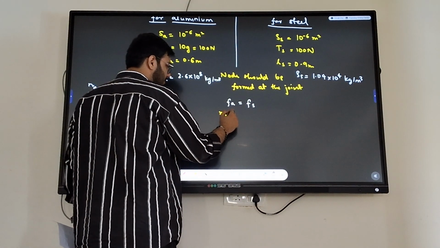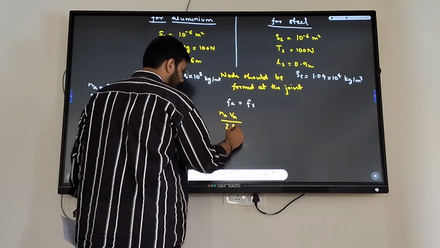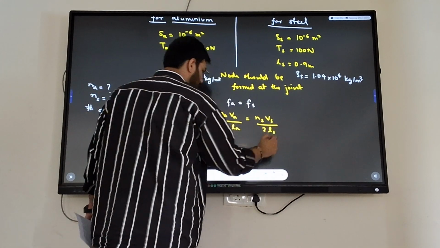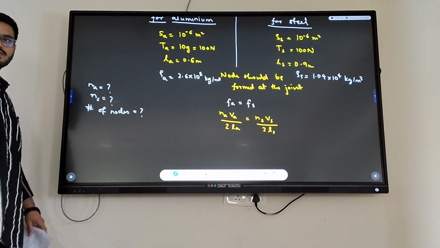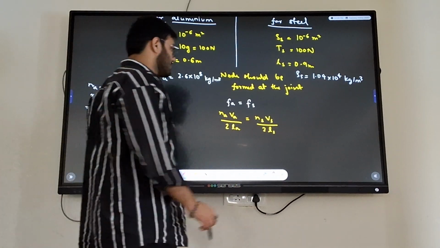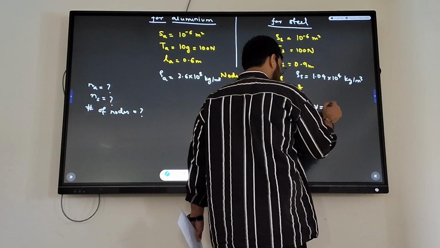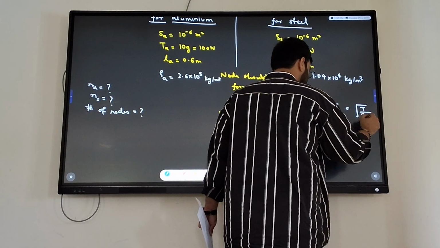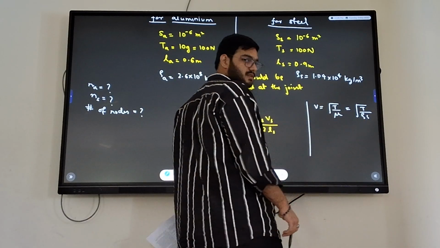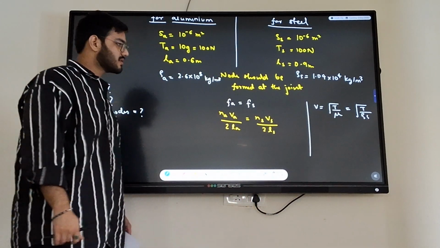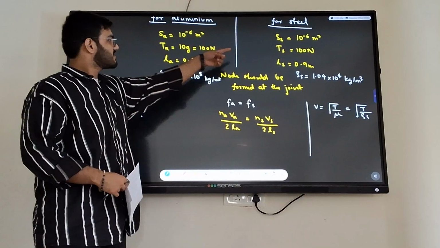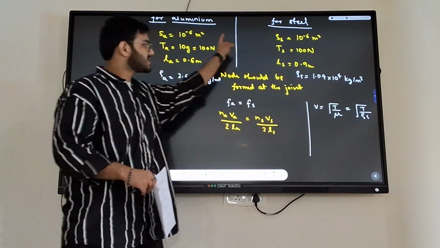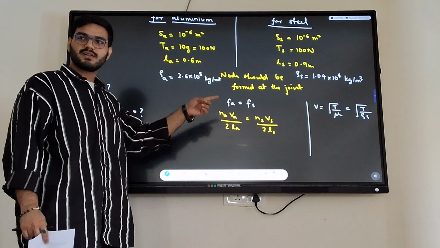This will be NV by 2L now. 2LA, that's equal to NSVS by 2LS. Yes? But what is V equal to? What is V equal to? That's root T by mu. This can even be written as root T by rho S. Yes or no? But then I think the tension is same in both the strings. The cross sectional area is same. The thing that is different is